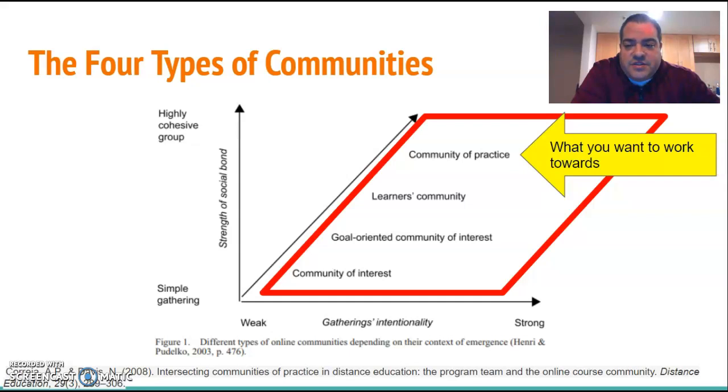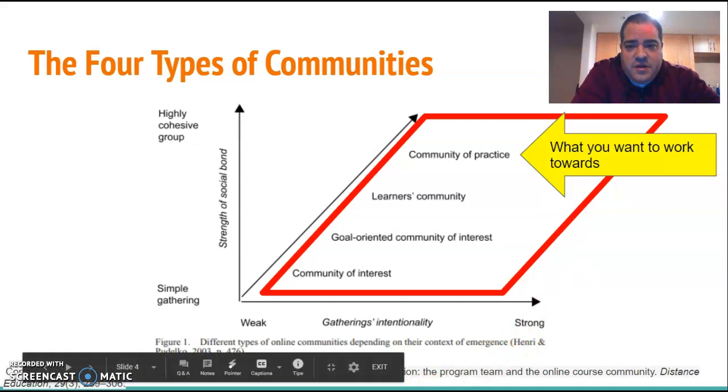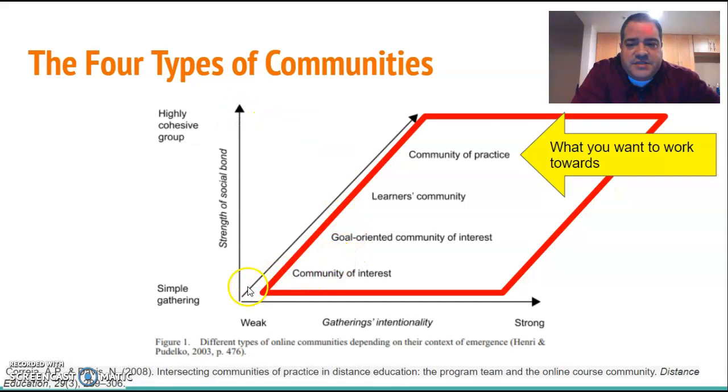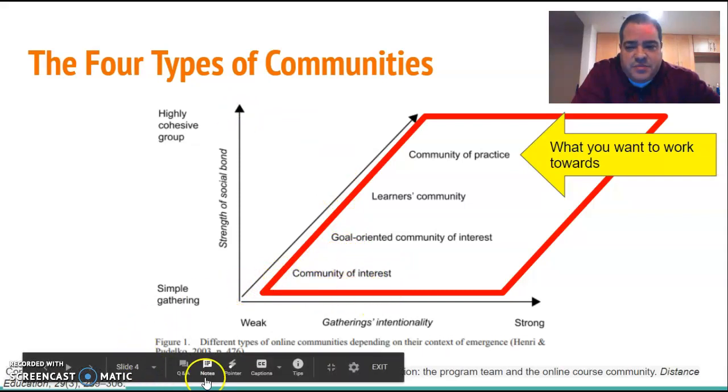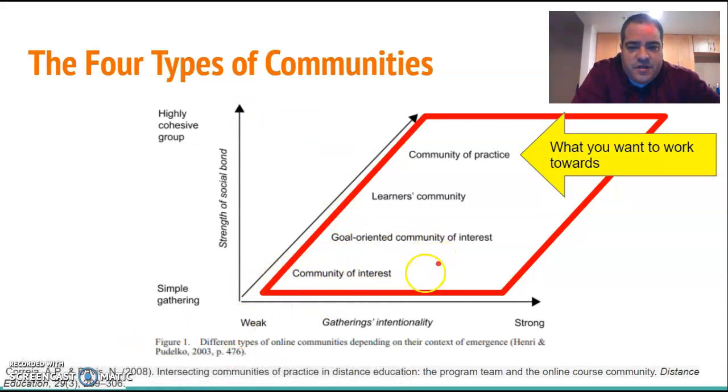But when you start to look at some of the other research, especially around Correa and Davis, they talk a little bit about the four types of learning communities that exist. And ultimately, if you look at this diagram from the bottom to the top and from left to right, basically the most basic and simplest form, I'm just going to bring up the pointer here, the most basic and simplest form of a community is what's called a community of interest. This is typically the most basic and foundational learning type of community because people come together because